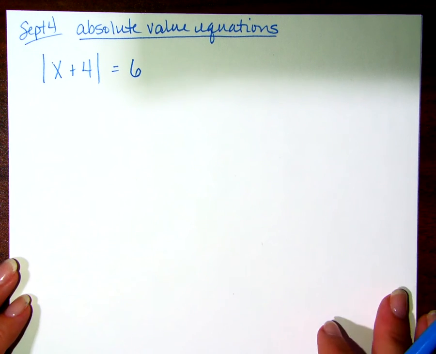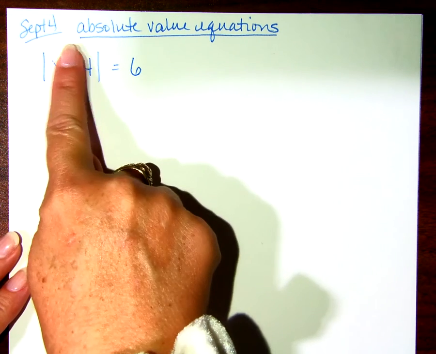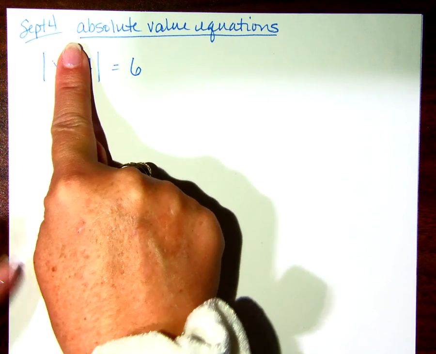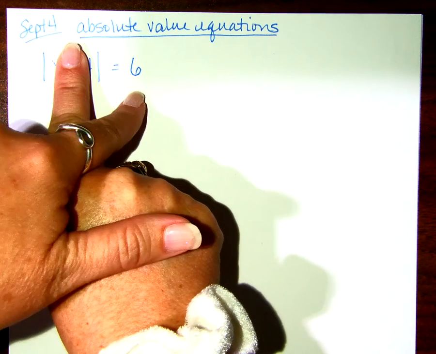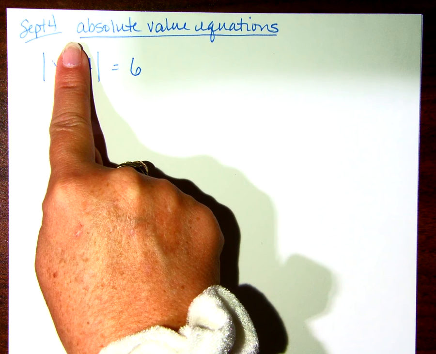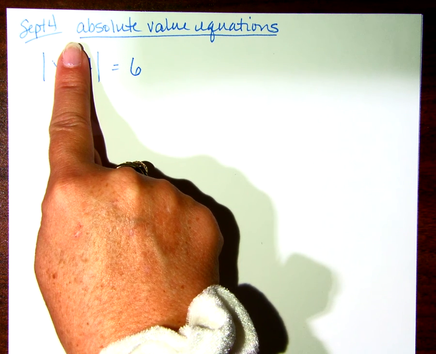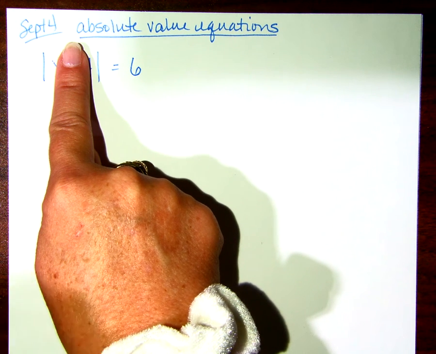So let's start with this particular absolute value equation. Okay? I know there's something in here right now. We're going to ignore it for just a second. What can I take the absolute value of that will give me an answer of 6? Negative 6 or 6, right? Wait, 2 possibilities? That's important. That's really important. Okay? I know you already know that, but I need to make it important for what we're